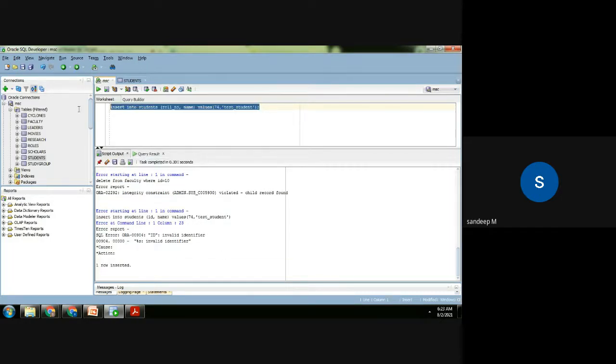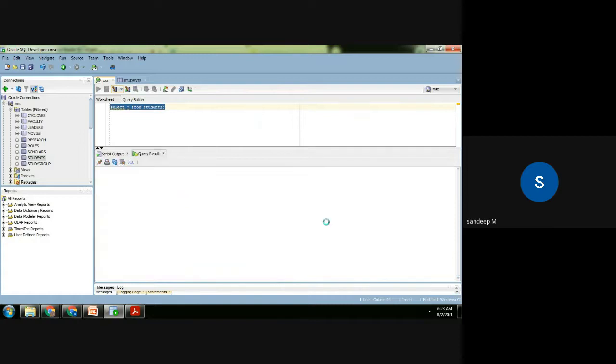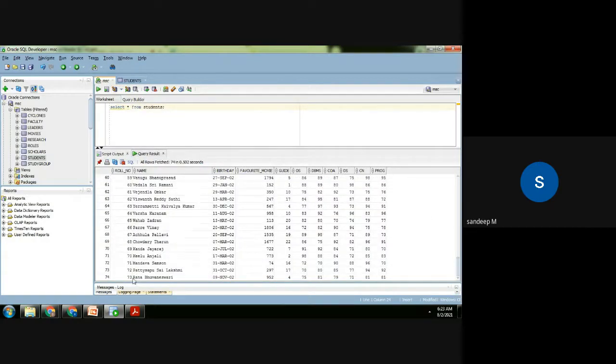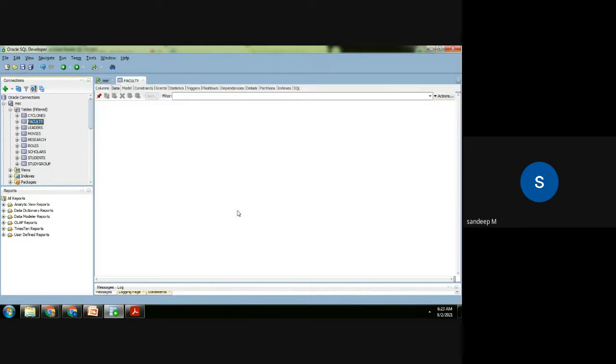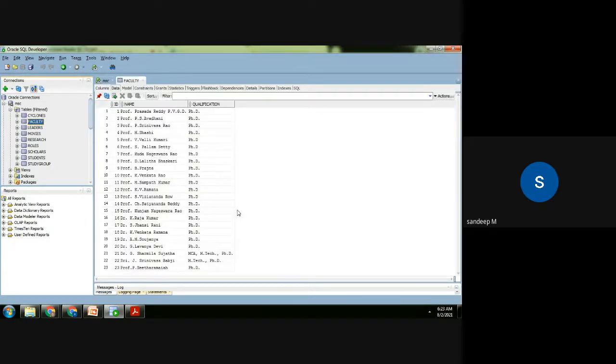Let's see whether it's added or not. So there's a new row added. Here it is 74 roll number test student. The other values are null. So the guide is not there here, isn't it? Say for example you want to have a default value. Say the faculty table, all the students who don't have the guide assigned, let us assign the principal. So students who don't have the guide allotted by default go to the principal, faculty ID 3.